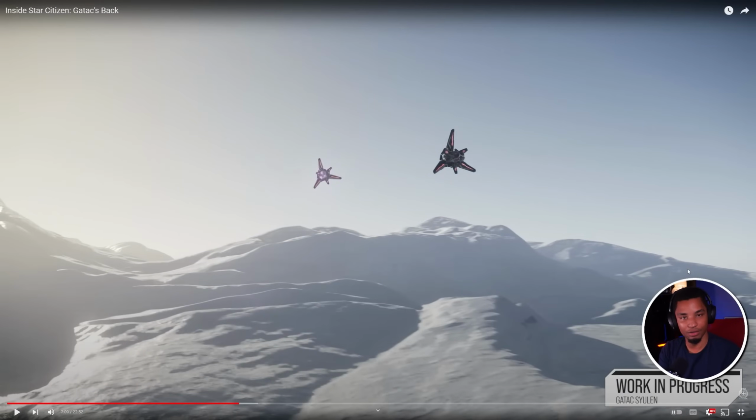Did he just call it a starter ship? Dude, this thing is huge. Starter ship? Like, you're getting more than the Nomad with this, right? I think even without looking at the numbers, this thing is, size-wise, you're getting more space than...